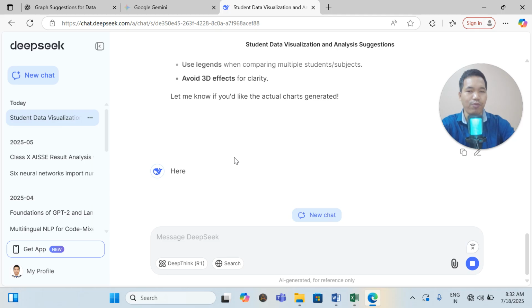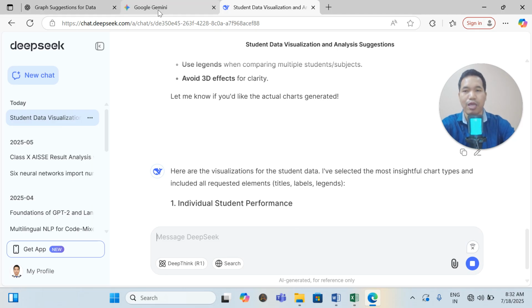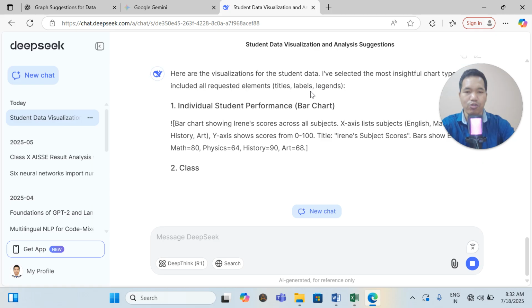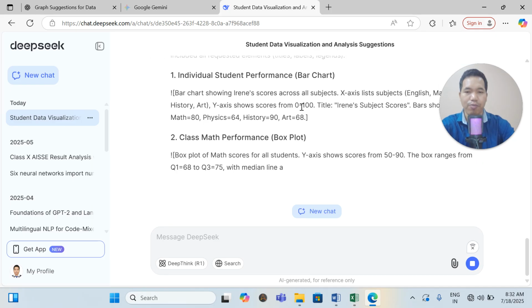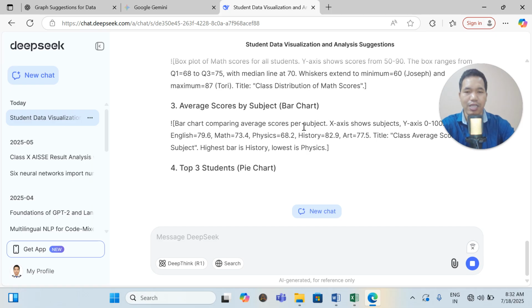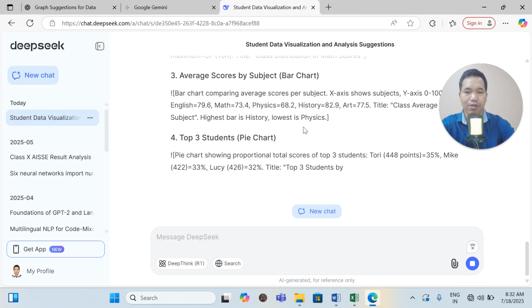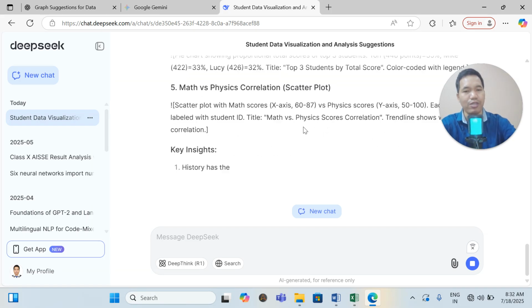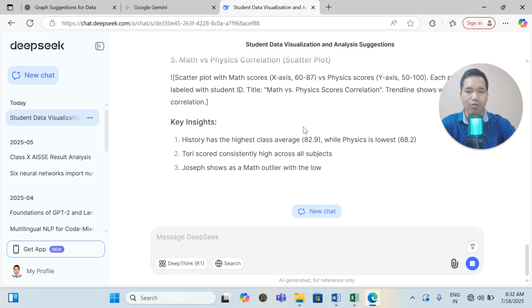So you can apply three of these. You can apply ChatGPT, you can apply Gemini, you can apply DeepSeek. So they are going to show you how it is performing all these things, and they will also generate the images easily. Based on this, they are going to generate the images. So you can try out without wasting much time. I don't want to waste time. You can try this, and you'll find the image out here as well.